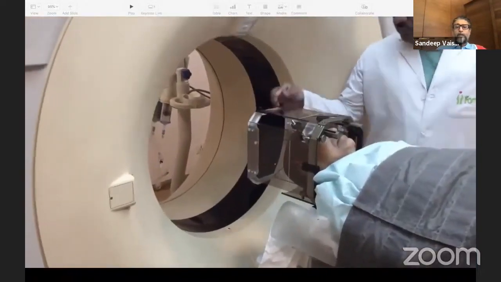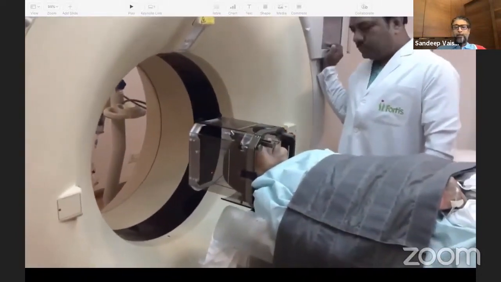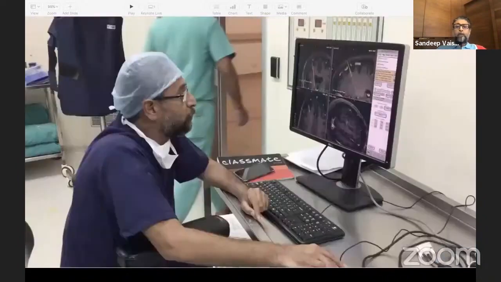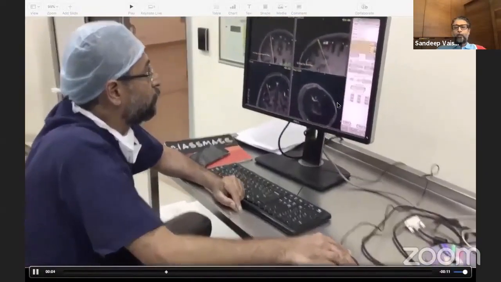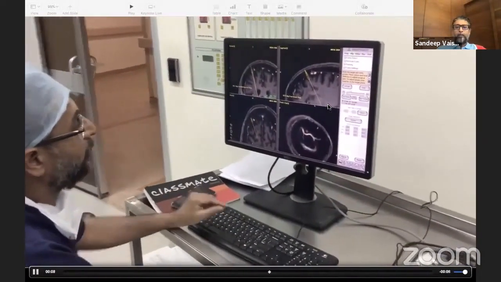So you put a CT adapter and do a CT scan. And once the CT scan is done, that data is transferred to the planning software. So in the planning software, you merge the CT and the MRI images and then plan your target, whatever target it is. Dr. Ravi will discuss later on. And then you plan the target